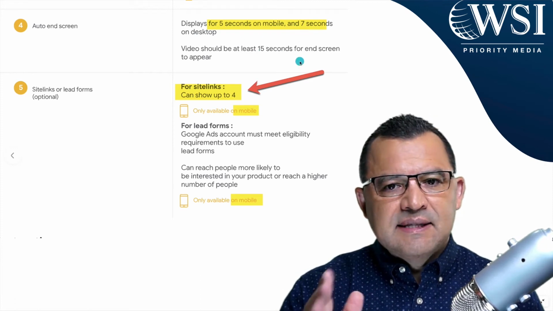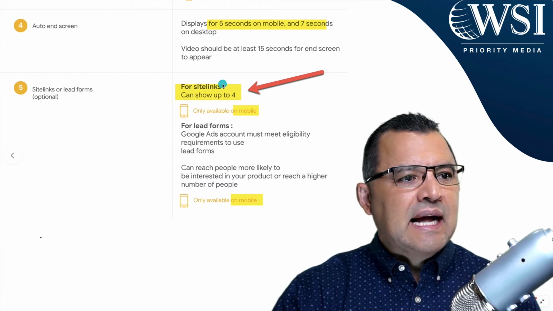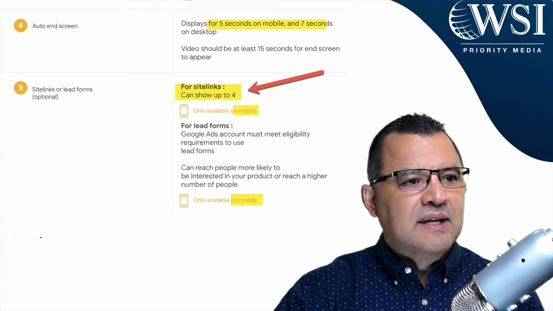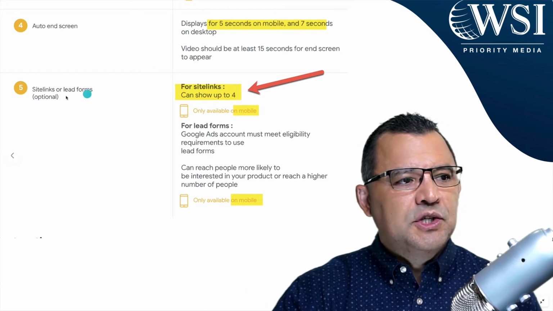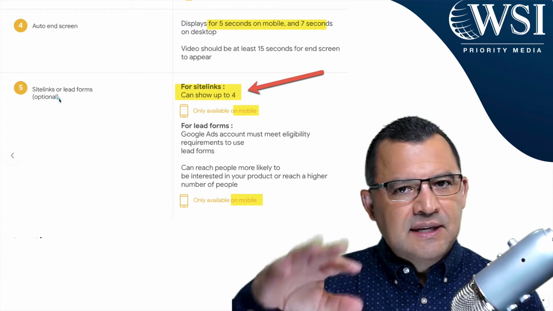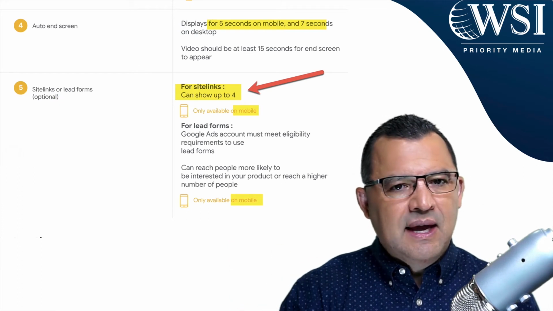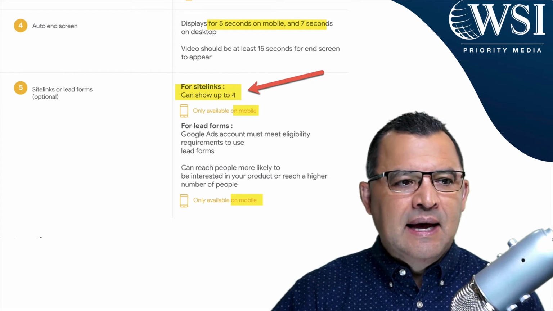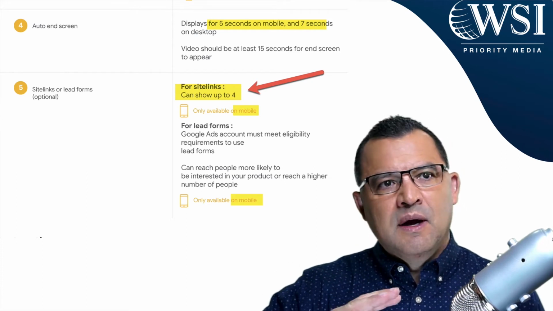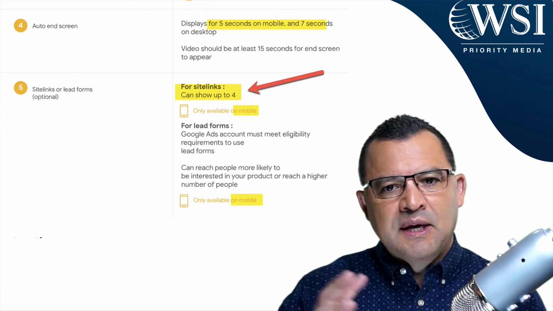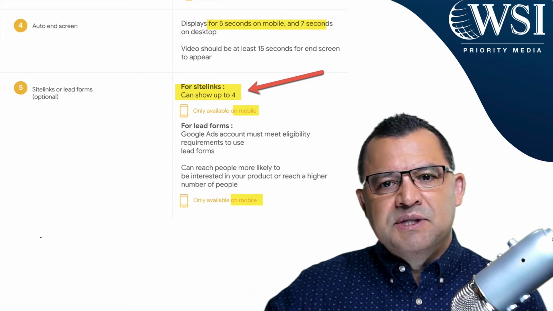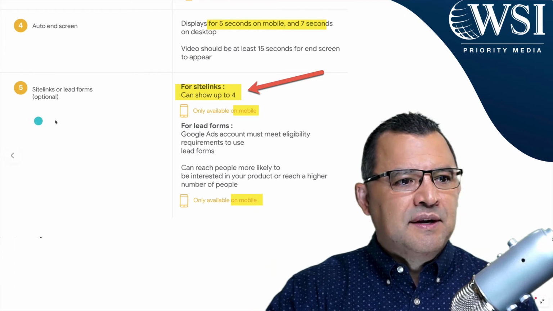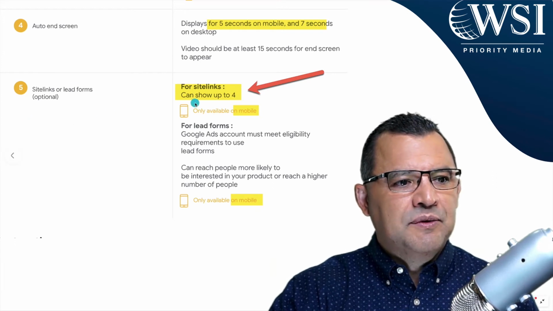And then the site links I was telling you about earlier. On these site links, you have up to 4. That is a lot of real estate that you can take advantage of. Now they're only going to show up on mobile. Your site links are not going to show up on desktop, but that's okay. We're seeing the majority of searches now on mobile, a high percentage. We'll see at the minimum, depending on the industry, 65%, to sometimes up to 93, 94% mobile, again, depending on the industry. So this is a good thing as well.